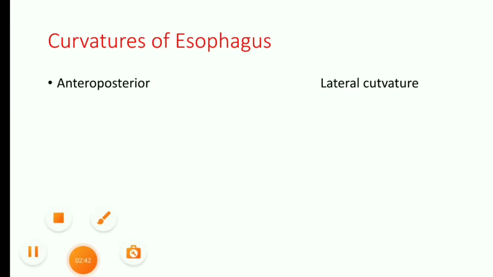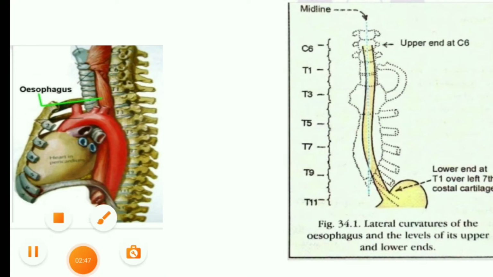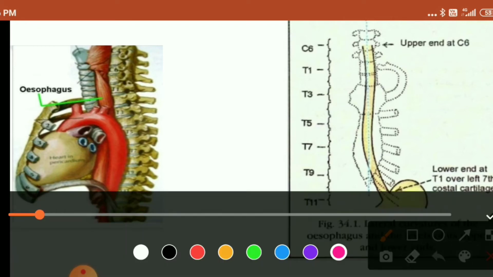Now we come to the lateral curvature of esophagus. Have a look at these diagrams. You see that the lateral curvature of esophagus is basically to the left side. So what will be the course of esophagus? It starts at the upper end of cricoid cartilage at the level of 6th cervical vertebra. Then it moves downward, and remember that in the root of the neck, this is the first curvature you will encounter to the left, before entering into thoracic inlet.